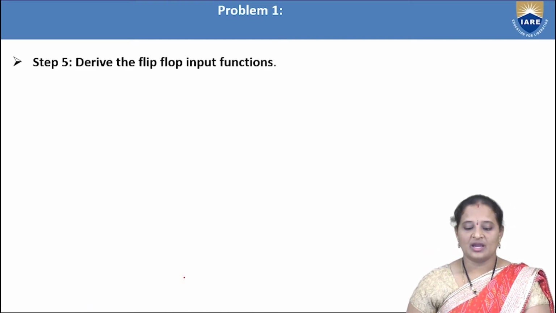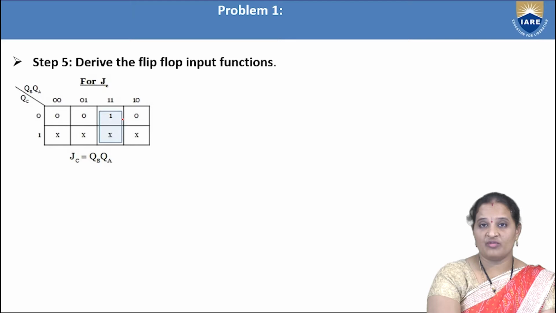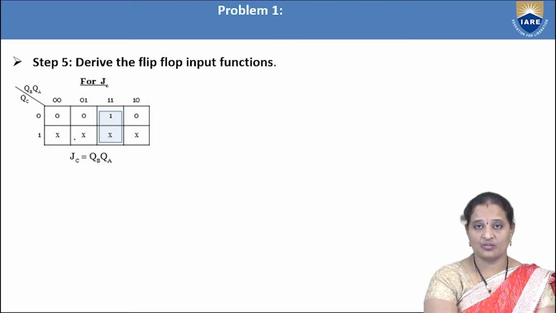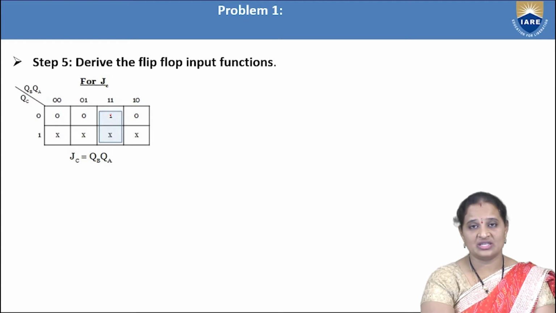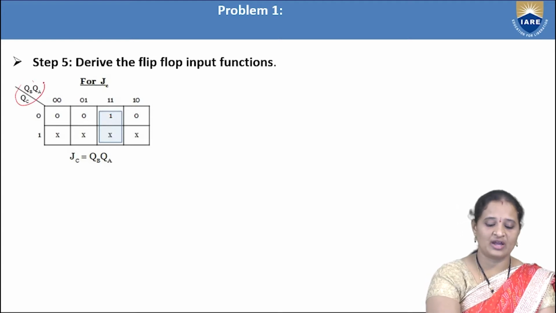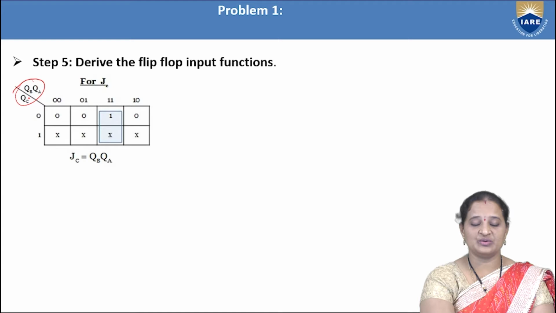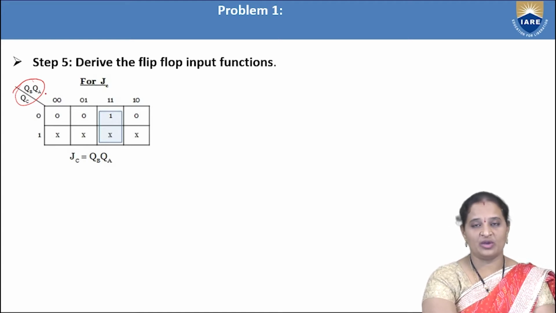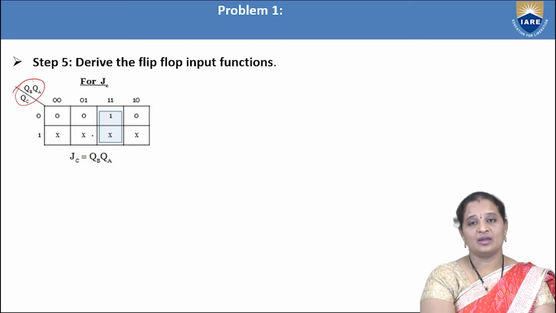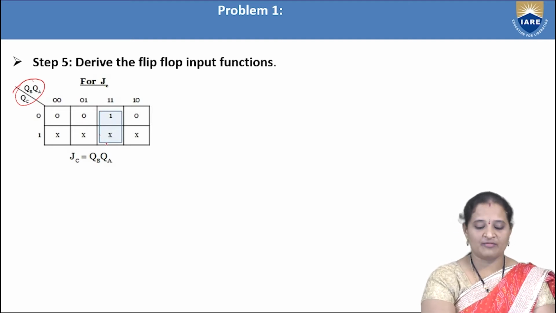So that means we have mapped 0, 1, 1, which is 3, as 1. And for the remaining, that is 1, 0, 0, 1, 0, 1, 1, 1, 0 and 1, 1, 1, all are don't care. So this is the mapping of JC with a 3 variable K map, where I have considered the present state, that is QC, QB, QA, as the inputs. So we require a 3 variable K map here, and now I have mapped the JC output in the K map. So now I can form the group.